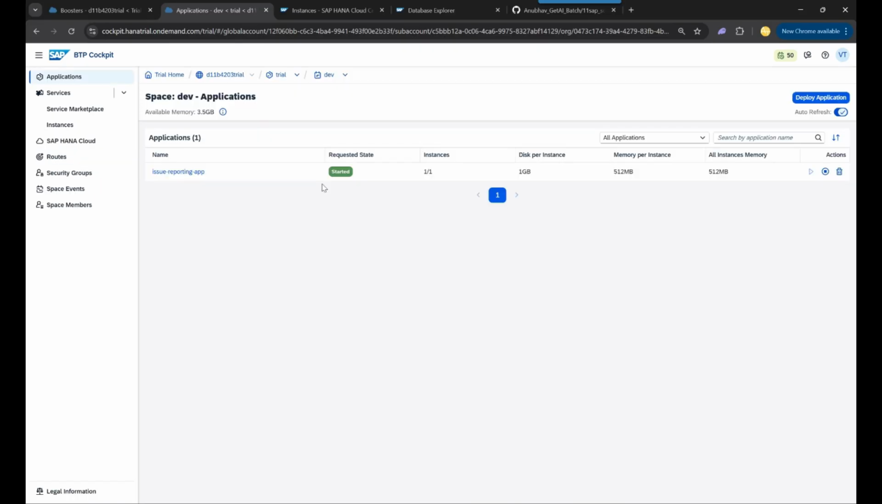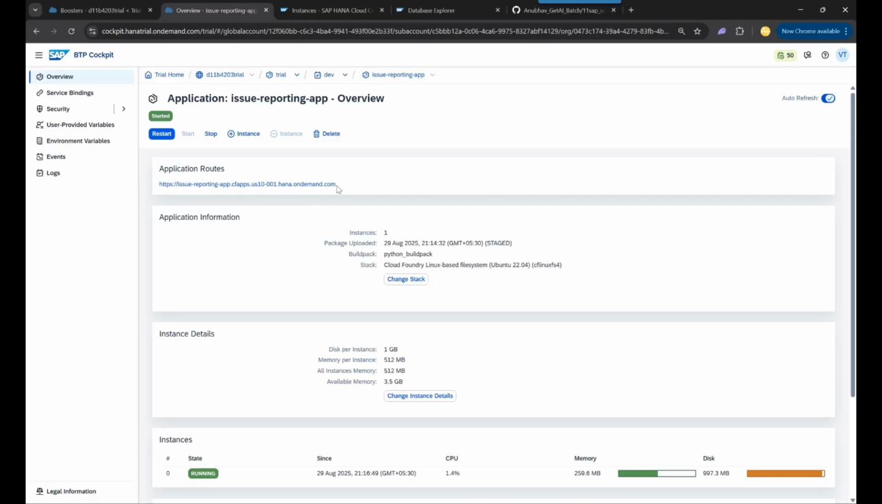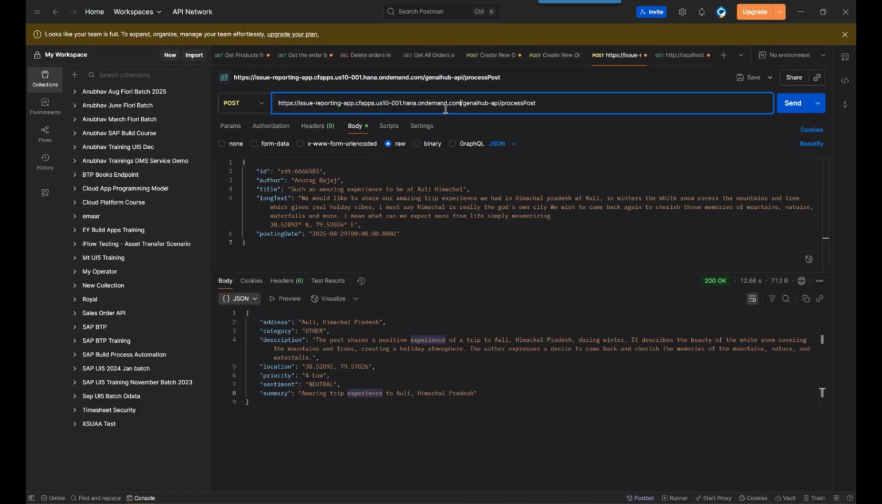It should have restarted, yes, and that's the app. To test it, you can take this URL, copy that, come back, and pass the URL here to do the testing. That's the URL. And we can just change the name here. Let's say Rohan Sinha